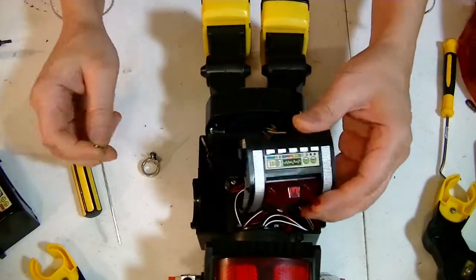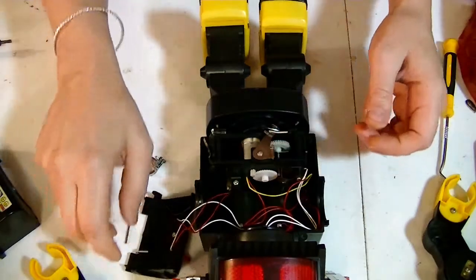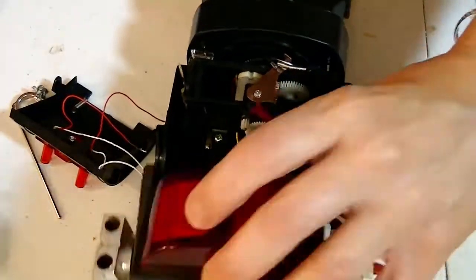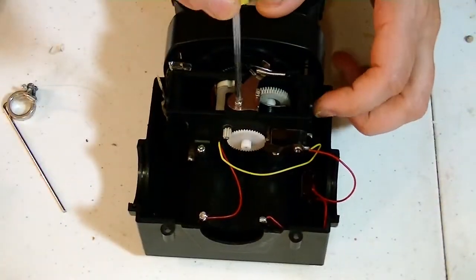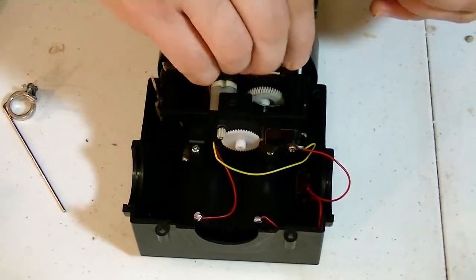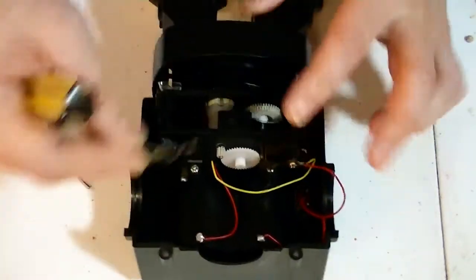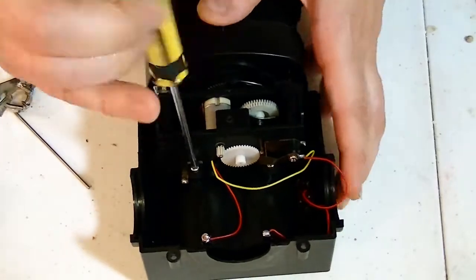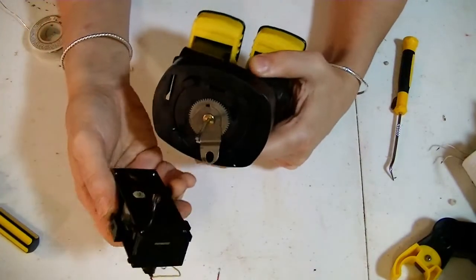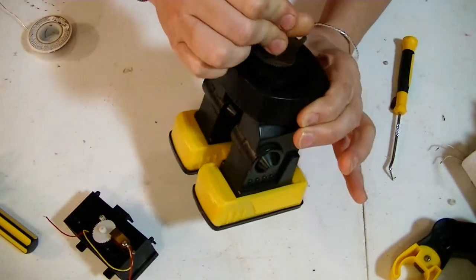Take this pin out. There's this little spring here that connects to here. I'm just going to go ahead and take everything apart. Take this piece off with its little spring. That's the tape that held the rod. So we're down to this. This gearbox pops off like this. If I spin the center shaft,